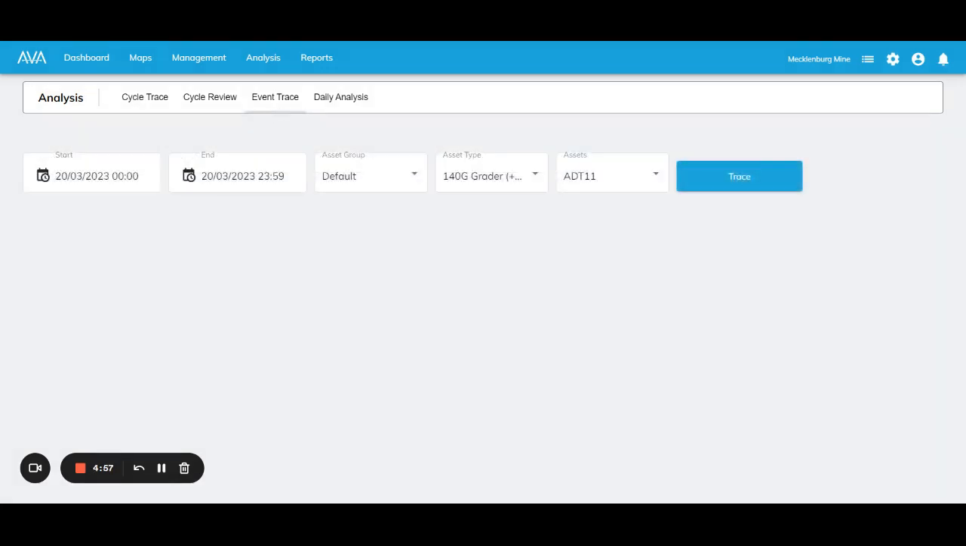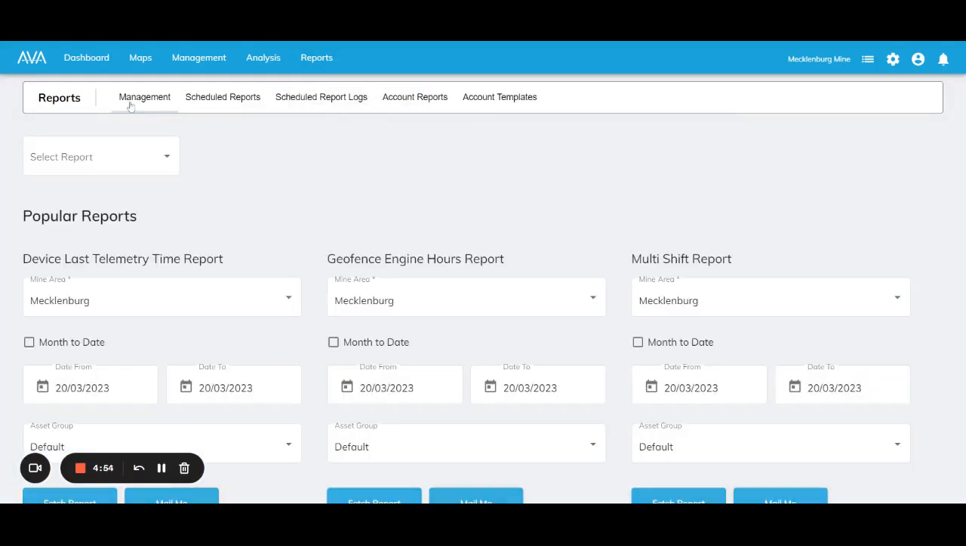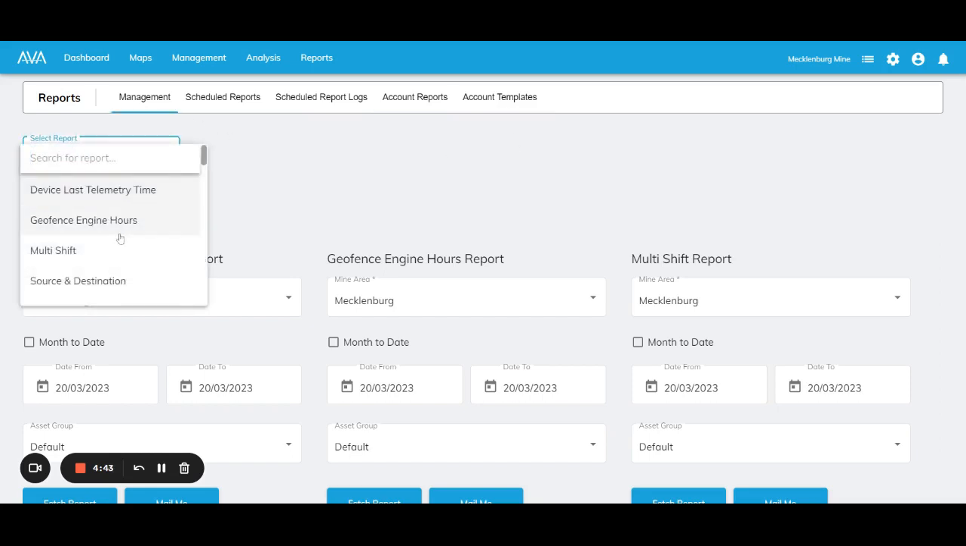After viewing the analysis module, let's check out the reports module. Here we have management, schedule reports, schedule report logs, account reports, and account templates. In management, the site admin can select any of the operations to fetch the report specific to it. For instance,